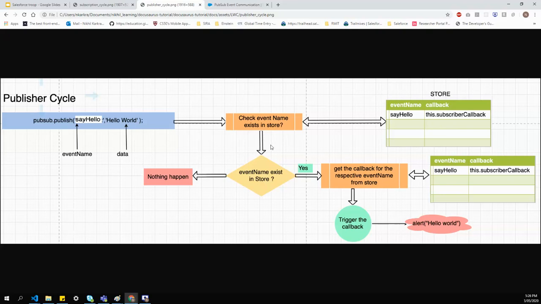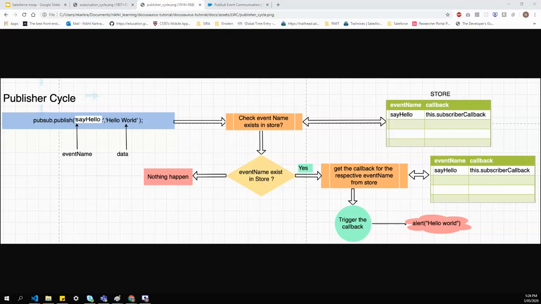If yes, it means somebody is already subscribing, so it will fetch the callback or the method stored with respect to say hello, the event name, and call that method. If the event name is not stored, nothing will happen, it just ignores it. Okay, so let's create our publish method now.